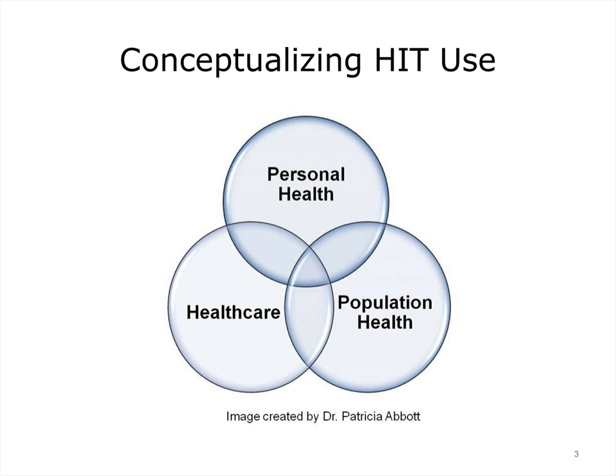Another example of HIT in personal health may be the use of decision aids, which can be used by clinicians and patients alike to prepare patients for decision-making or help clinicians assist patients in participating in making decisions that impact their own health. Other examples may be systems that help people track down their own health data, such as personal health records. The third circle, population health, is where HIT is used to aggregate data about individuals to support public health,